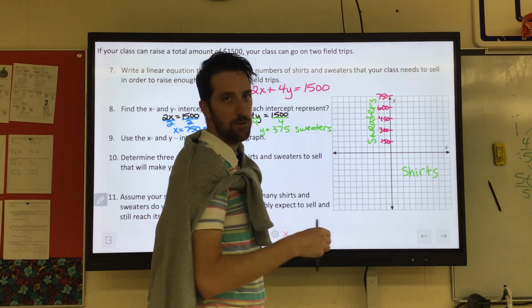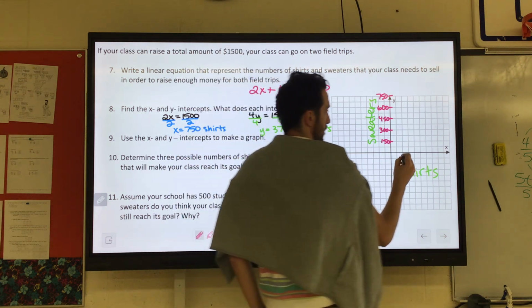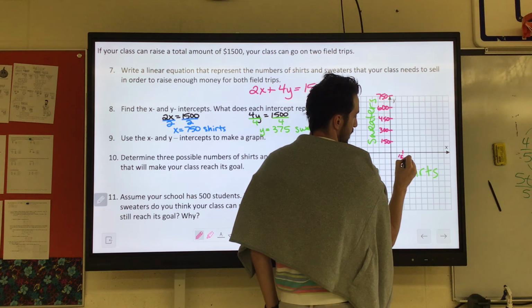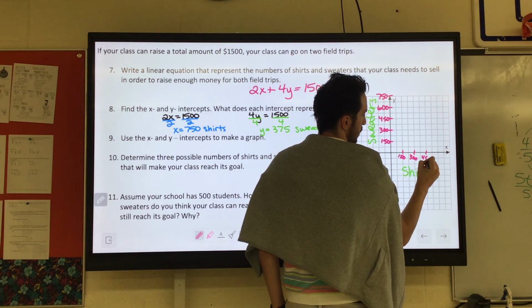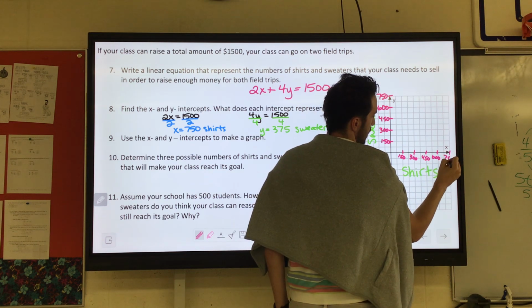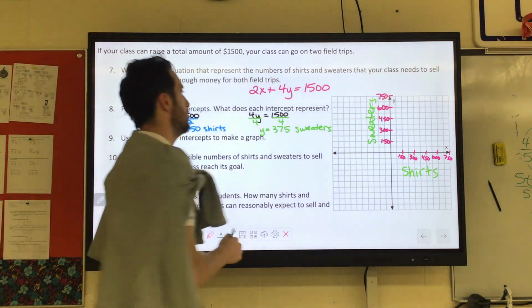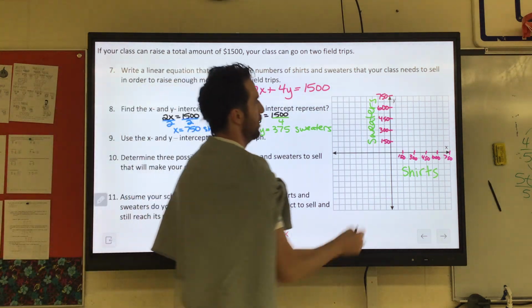Every other space would be 150, meaning every one space would be 75. So here could be 150, 300, 450, 600, and 750. All right, so the sweaters was our Y, and it came out to 375, which would